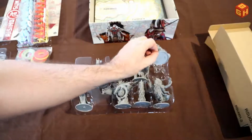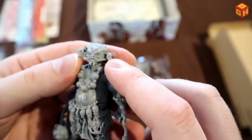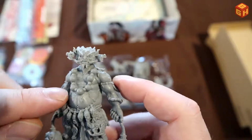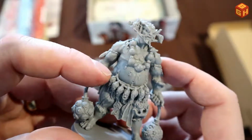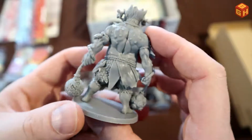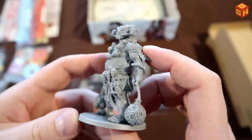All right, on to the next one. This is also a very interesting one. He looks very demon-like with his evil looking face, 2 heads used as earrings or something. And he's got this big bead necklace around his neck, big belly. He's got stuff going on his skin. I'm not sure what that is, but stuff that he's just sewn into his skin, along with this chain of heads. He's got these 2 ball weapons. These sort of clubs. Lots of muscle. That's also a very scary looking, gigantic Oni. So yeah,